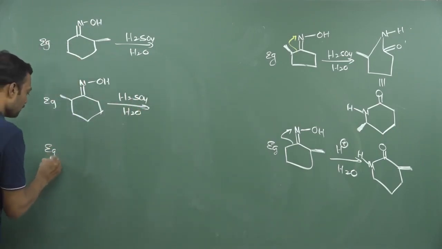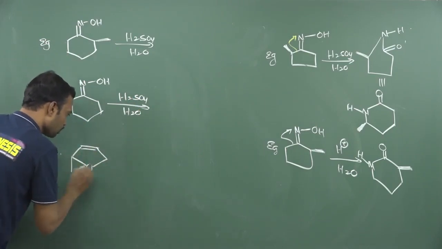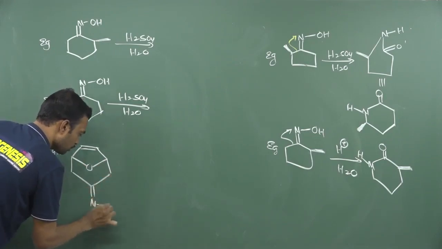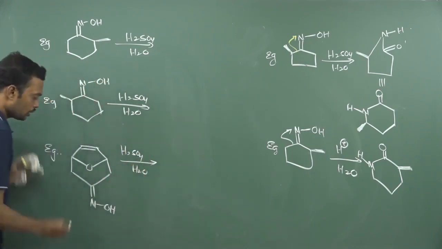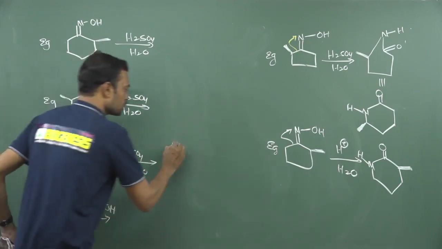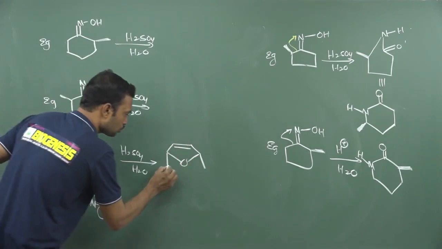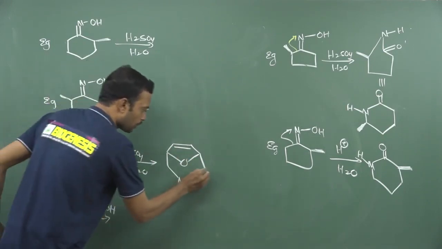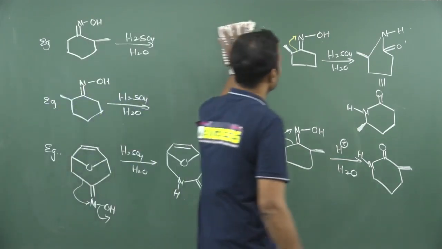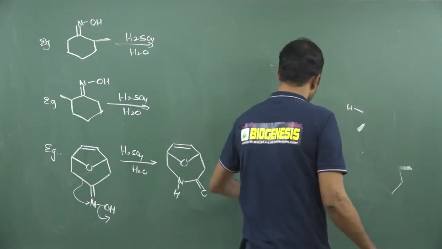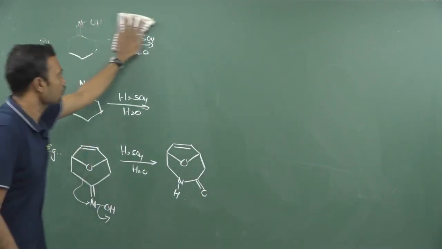Okay. Now see, if I take a molecule like this, you try to predict the answer. This is a furan addition product. This is N double bond O, OH. Can you predict the answer if I use H2SO4 in water? Okay. Now this will attack here, and this will be removed here. Now this will be completely unaffected. This is oxygen double bond, and here see, this carbon now attaches to nitrogen. Okay. This attaches to carbon. This is C double bond O, and here finally you will get this product. So every time one point you need to remember, the migrating group will retain its configuration. Always it is responsible to give an amide. So this you work out as an example and give your answer in the comment section.